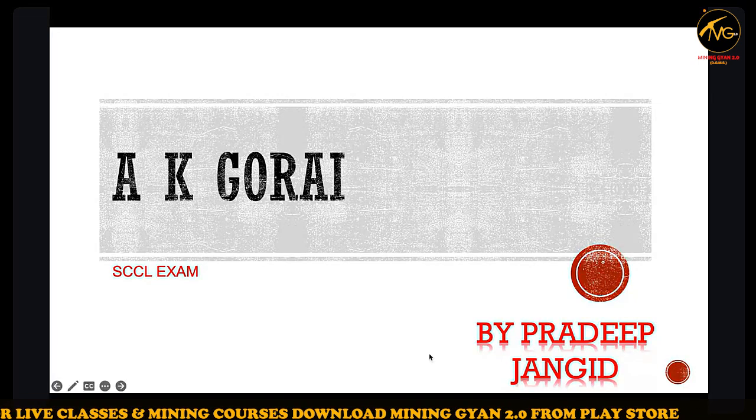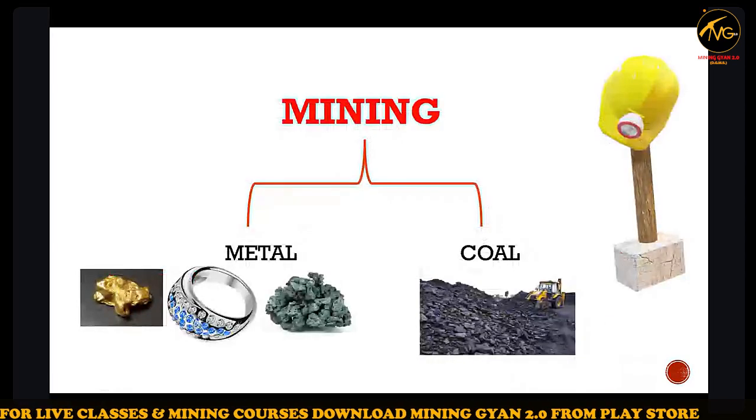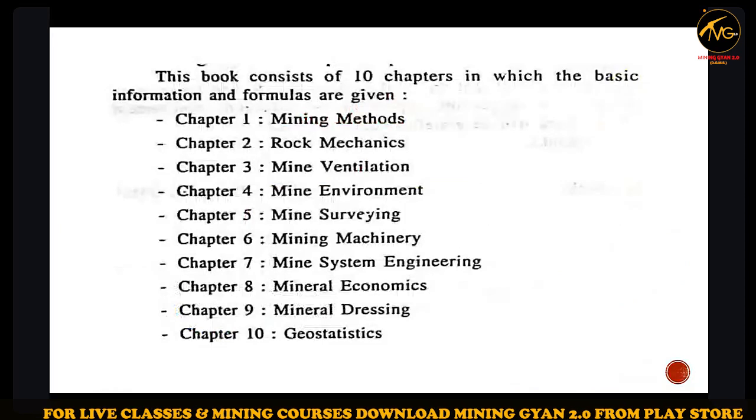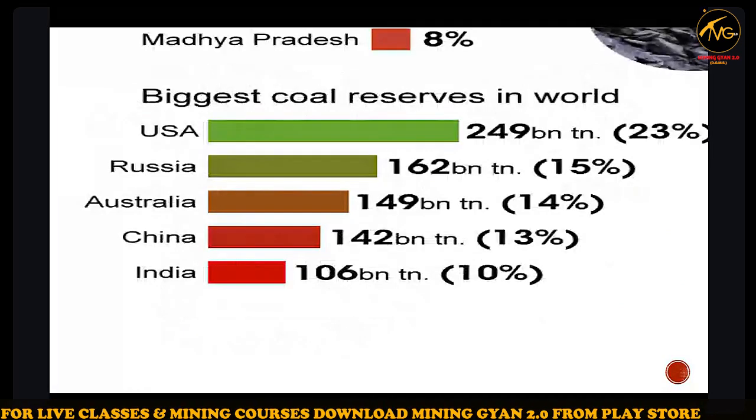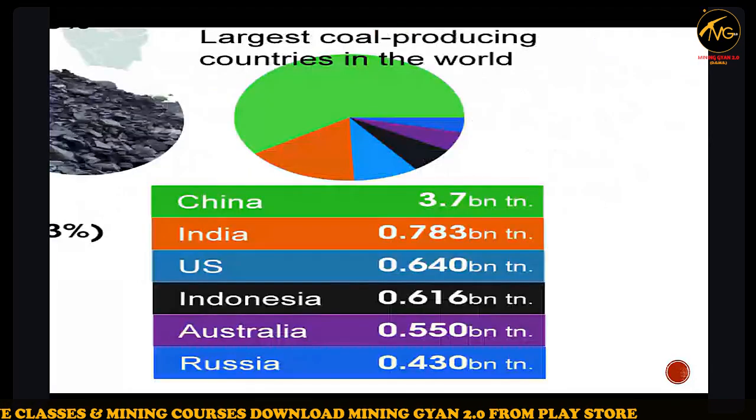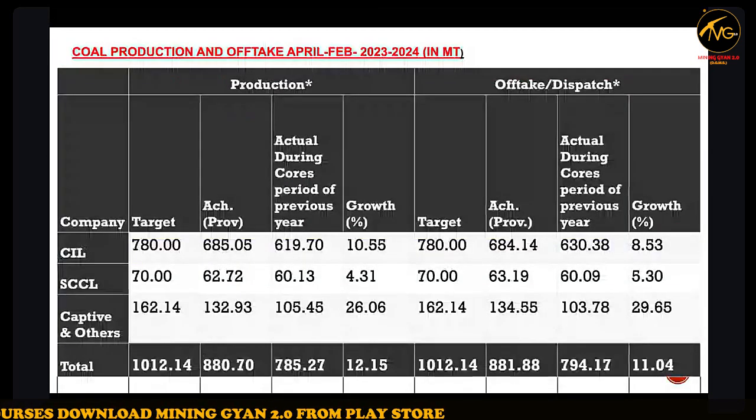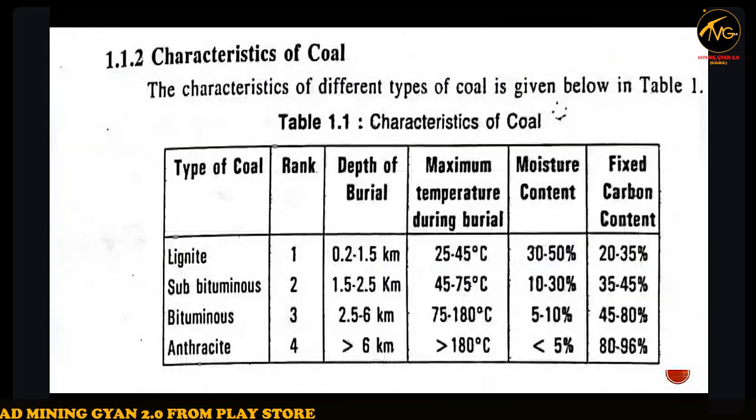ठीक है। कल yesterday we have discussed about AK GORAI and we started the first chapter and we have seen that mining is two types. Then we have seen these are the chapters of the AK GORAI. Then we have seen the reserves of world, then the production in the world, then reserve in India, then the production of the companies, then coking and non-coking and imports, characteristic of coals,